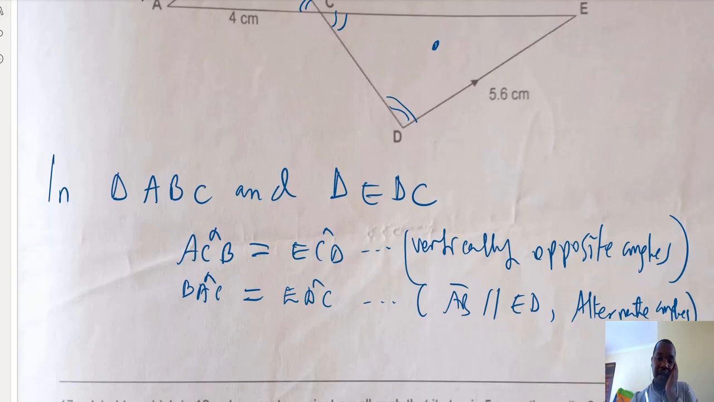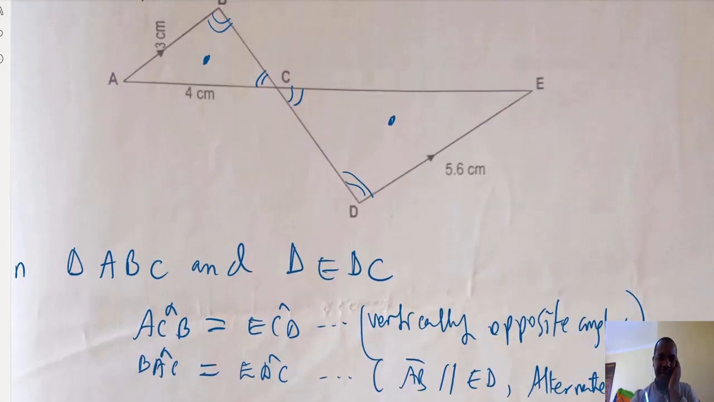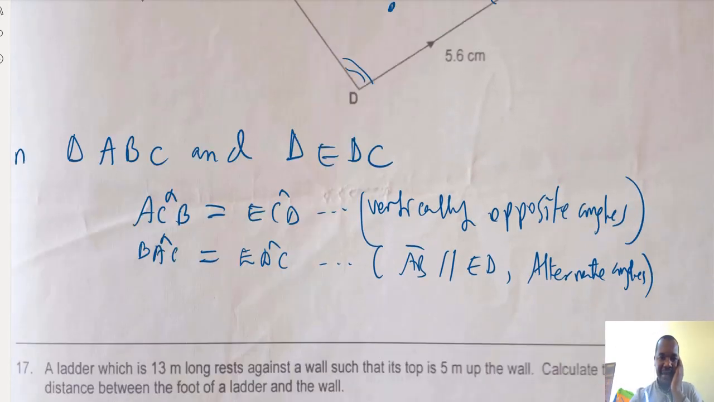And because these two angles are equal, the third angle is going to be also the same, which means this angle here now will be equal to this angle, with the same reason that CED,